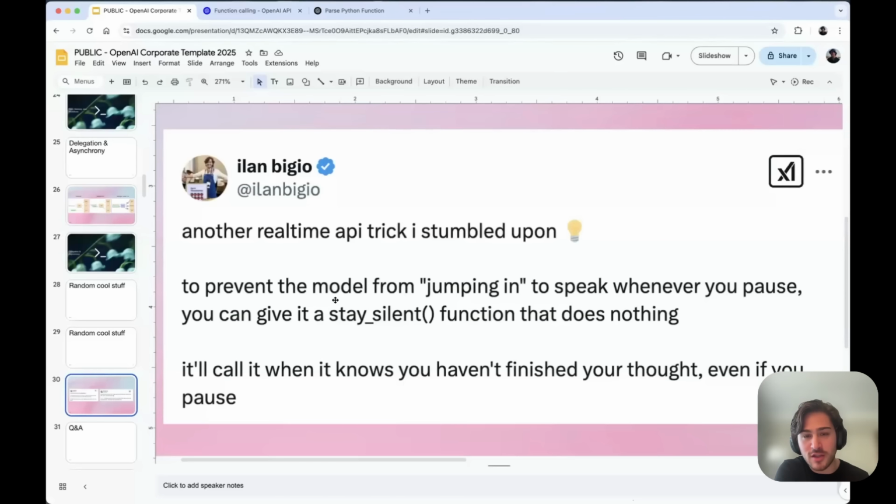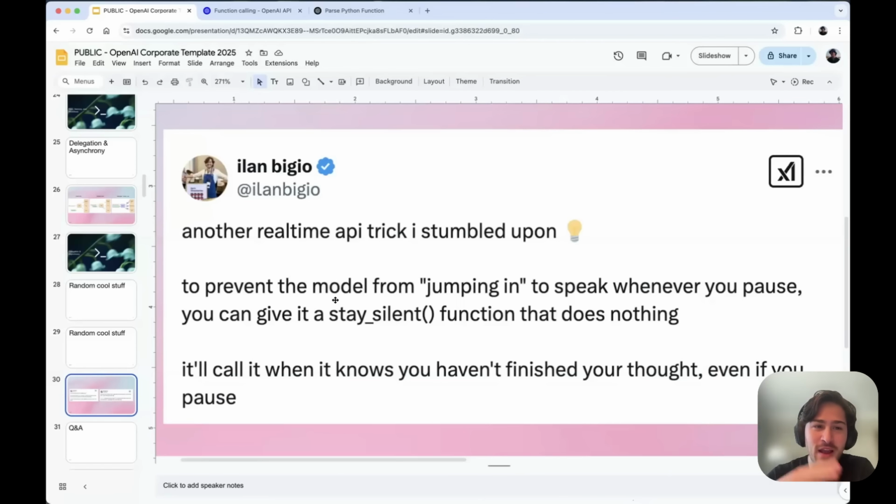But if you want the model to check, you can have a stay silent function or something else that handles the other side of that, where we're definitely going to let you know whenever the user might be done talking, but then you can verify with a function call. This implementation is super, super simple. You literally just give the function itself to the real-time API and tell it to call it when the user is not quite done talking. And I'm not going to try to demo this live. Real-time demos are tough, audio is tough, all that fun stuff's tough. But it works surprisingly well.